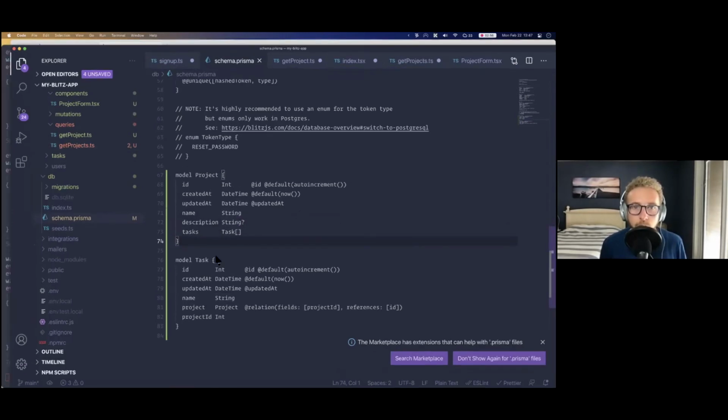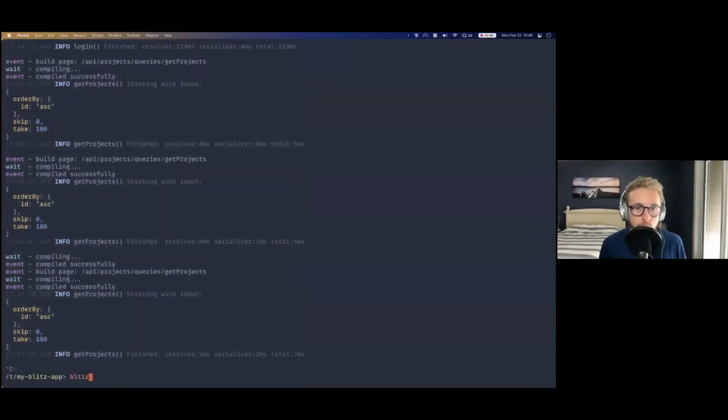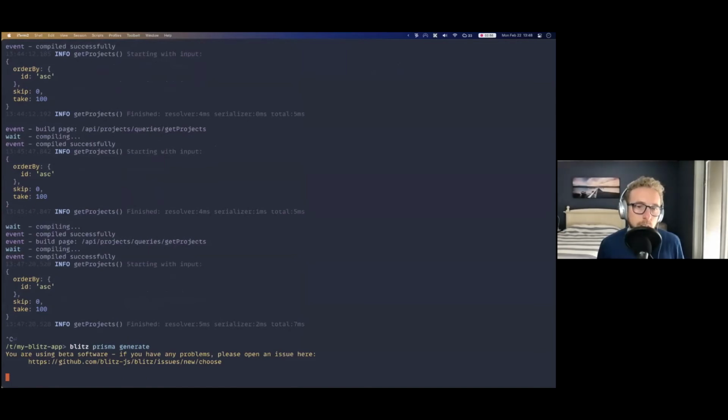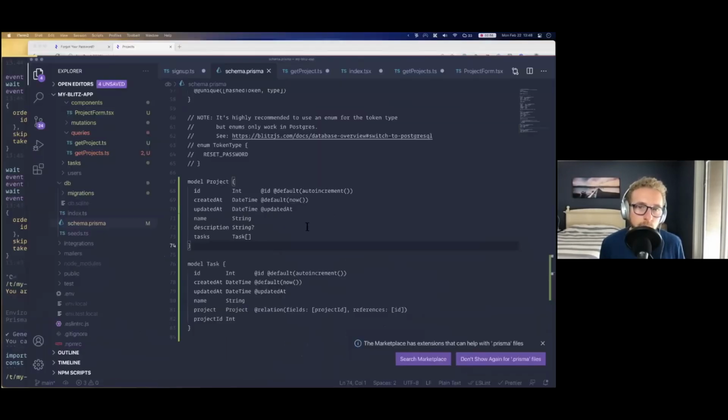We need to run blitz prisma generate. And that will regenerate the Prisma client to make sure it matches our schema.